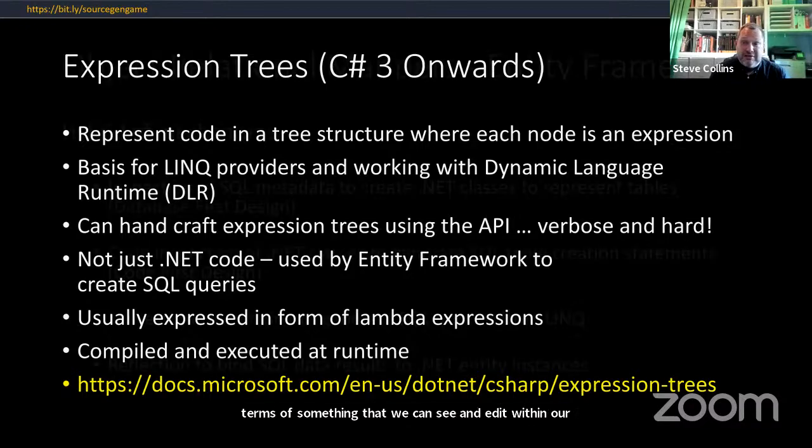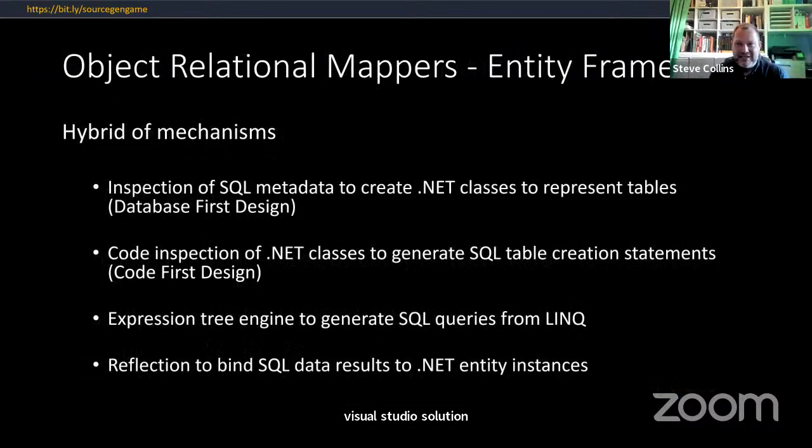As far as source generation goes, Entity Framework is like the pick and mix store of all the techniques that I've just been talking about. So you've got some stuff that does code generation based on reverse engineering a database, so if you're doing database first generation, though I think that's gone away in the later versions of Entity Framework. You've also got use of expression trees that can convert your LINQ to SQL statements, but using the appropriate provider, so your SQL provider, your SQLite provider. And then you have some reflection going on to bind the data that comes back, looking at the columns and rows that come out of the database and binding that to instances of classes in your data model.